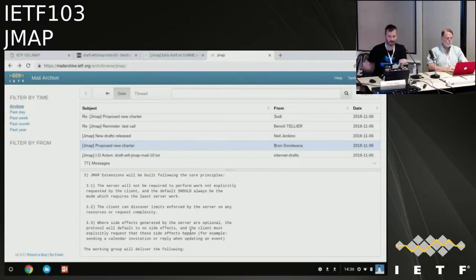So if the server is going to take further actions based on the data being uploaded, the client explicitly requests that rather than asks that it doesn't be done. And an example there is with calendaring scheduling, that the simple act of putting a scheduling object on the server causes the server to undertake scheduling actions based on who the authenticated user is and where they're putting the data automatically, and in some cases you can't even turn it off, and that the JMAP approach to things is more that if you want something done by the server, you ask for it, and if you don't ask for it, the default is not to do anything other than just store what's been uploaded.